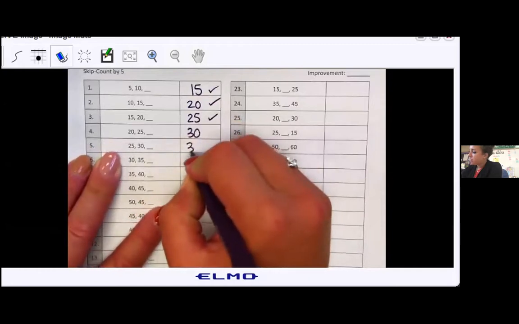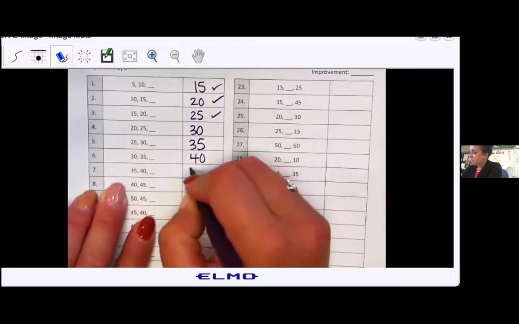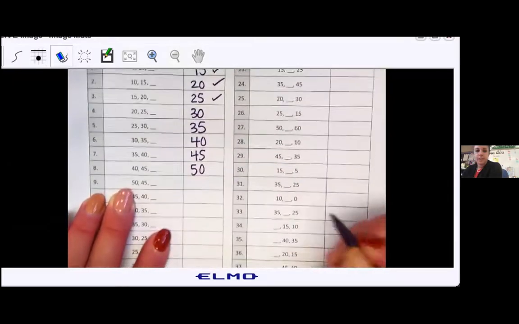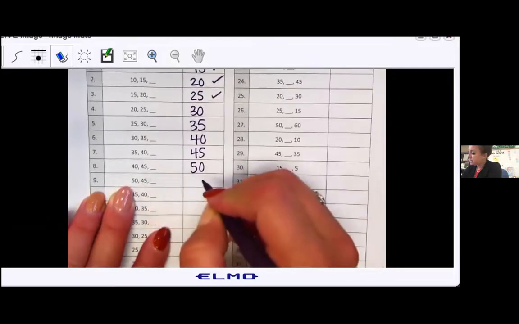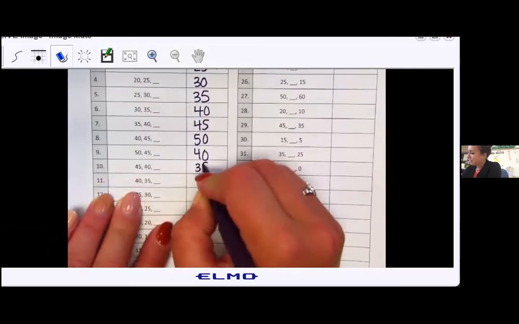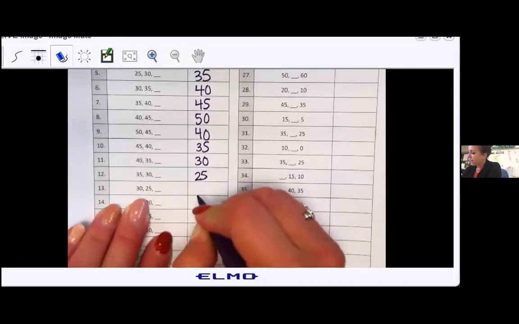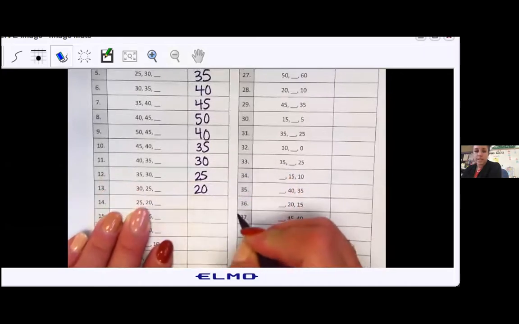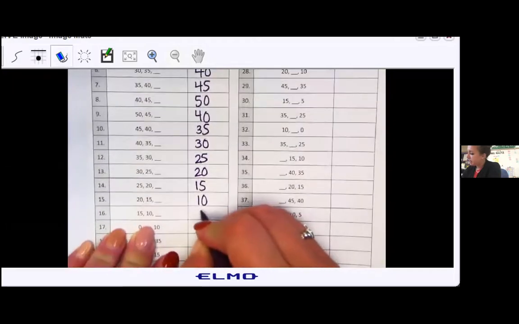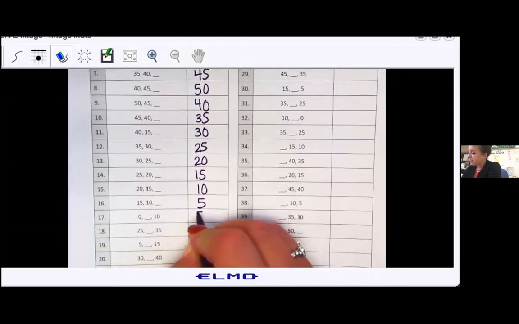30, 35, 40, 45, 50. Now we're going, yes, now we're going down. 40, 35, 30, 25, 20, 15, 10, 5. Now in the middle, 5,